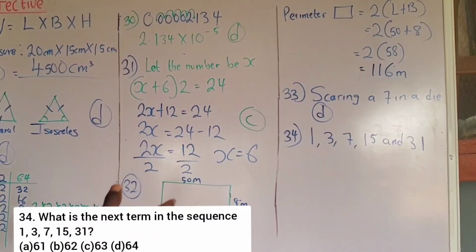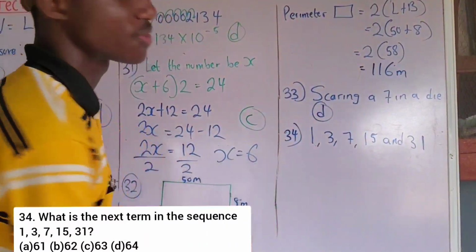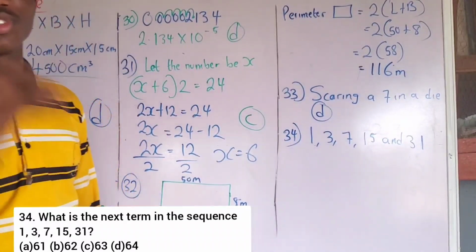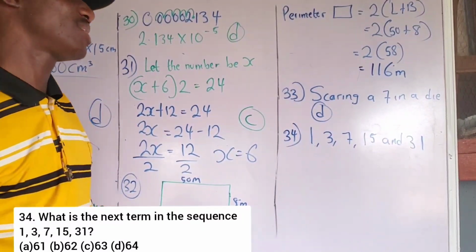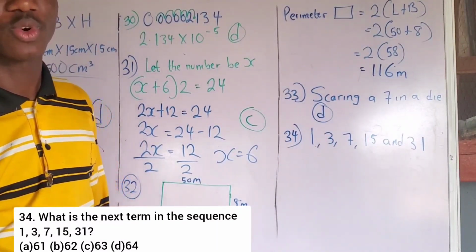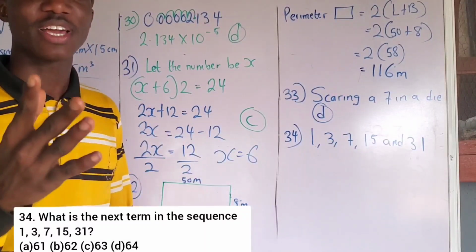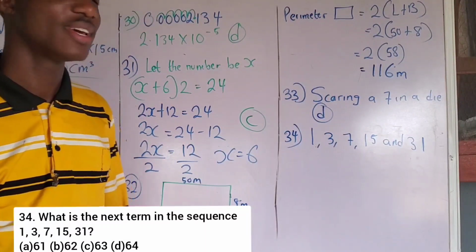So how do we determine the pattern which this sequence follows? To solve this question, you must be able to think, okay? And you can use various methods, because I've already decoded 2 methods to solve this question, okay? Now,